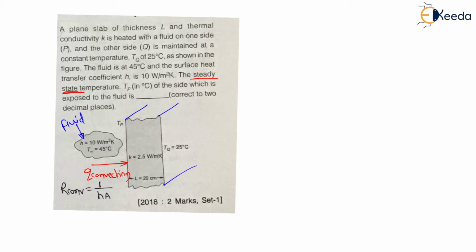Now my dear students, again after convection from the hot fluid to side P, from side P to side Q there is a slab, therefore there will be conduction inside the slab, Q conduction. This is how there will be a heat transfer. And for steady state, the heat transfer at each and every location is same, that is Q is not a function of distance. Here Q is not a function of direction x, therefore Q remains constant along the direction of x, that we have seen.